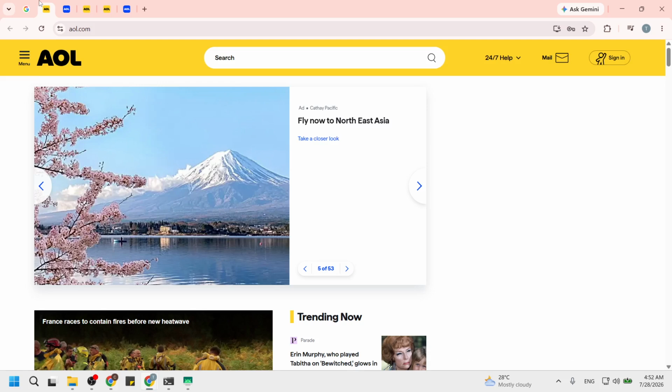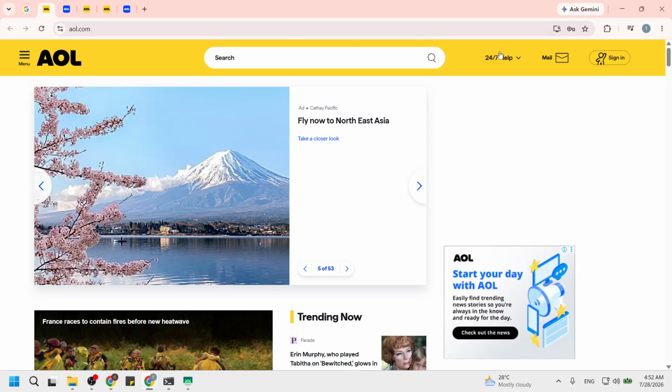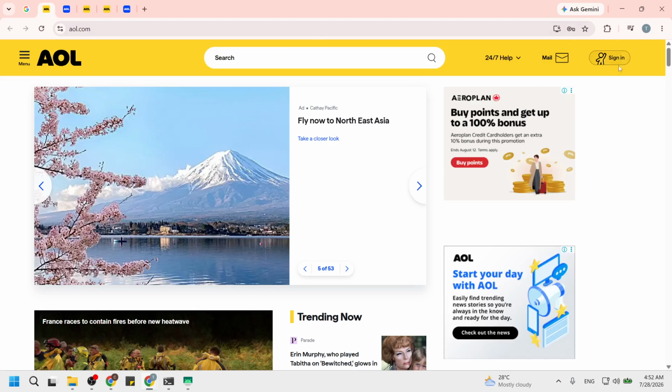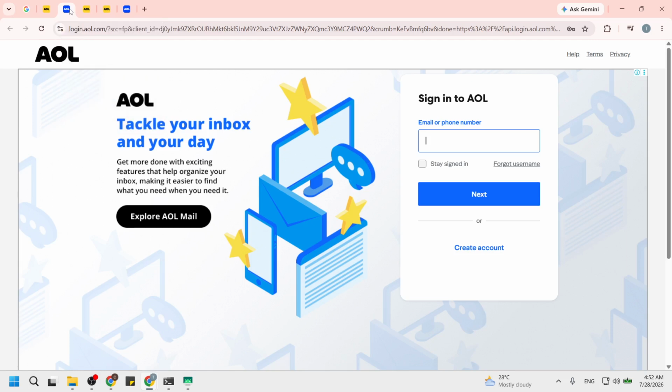The Sign In button usually appears in the upper right corner of the page. When you click it, the screen changes to the login page where you can enter your username and password. After you sign in, you should land in your AOL mail inbox or the main AOL homepage with a mail